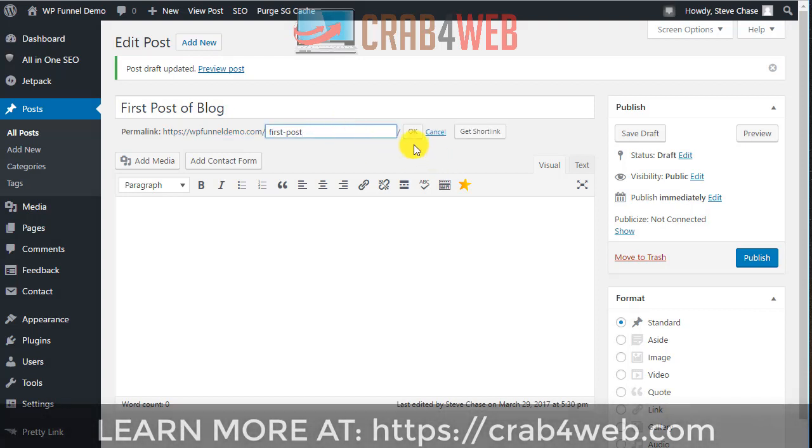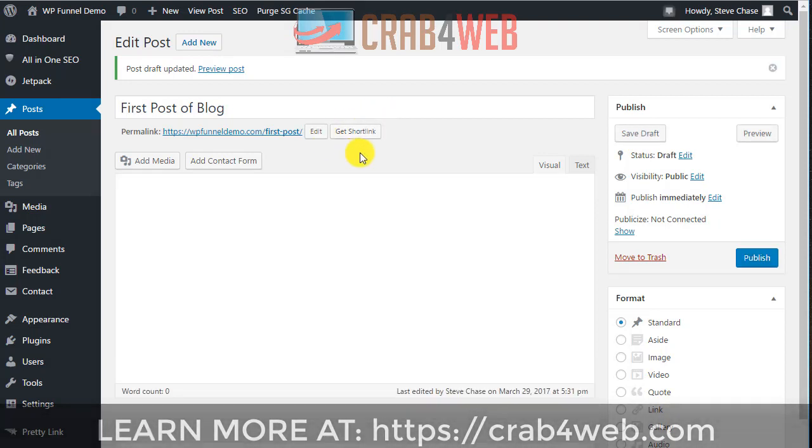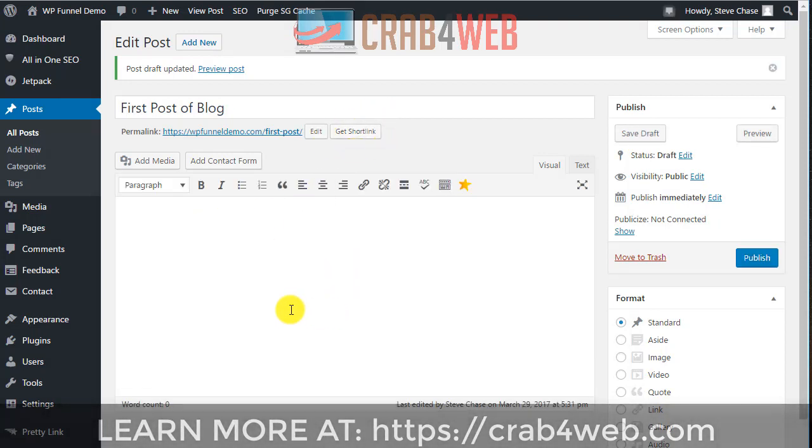change what you wanted to, hit OK, and as always, this does not take effect until you either hit publish or save draft, or if this was update. So let's just hit save draft again. So first post. And this area right here is your work area, and you can add media,